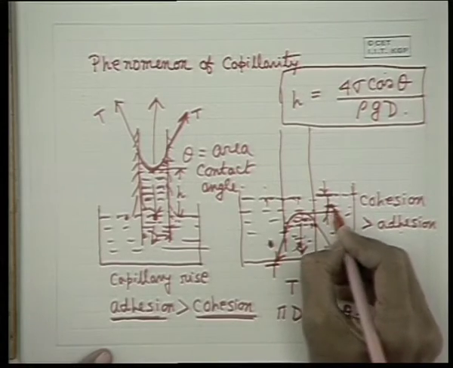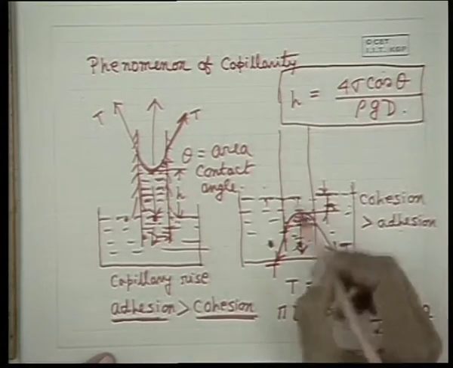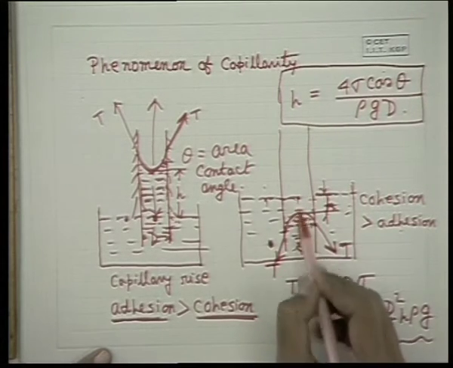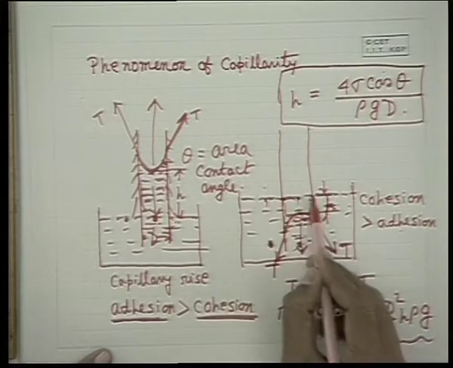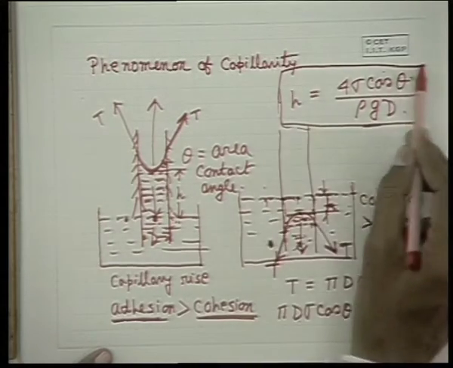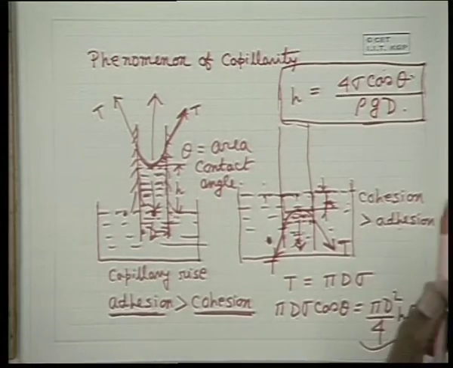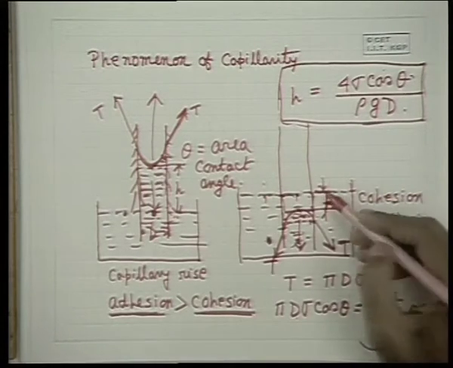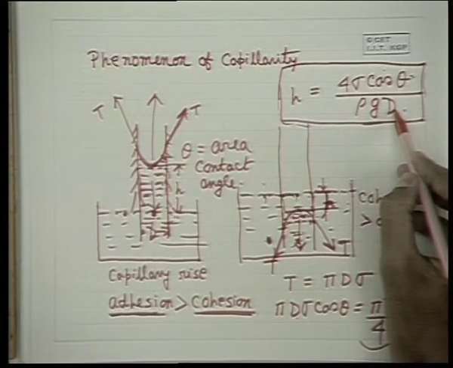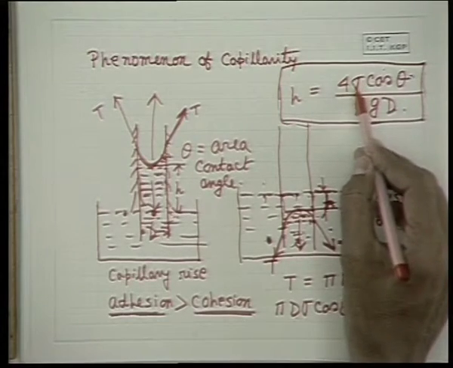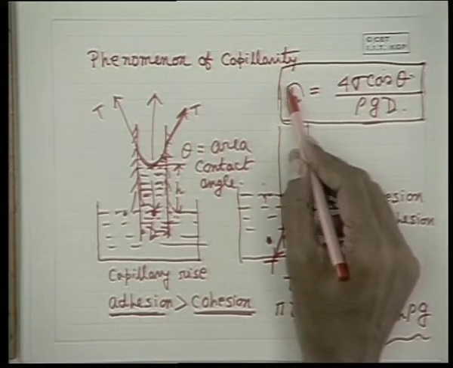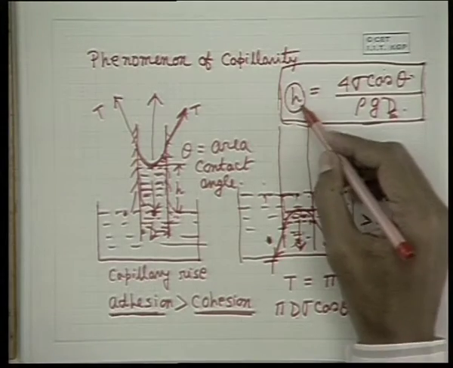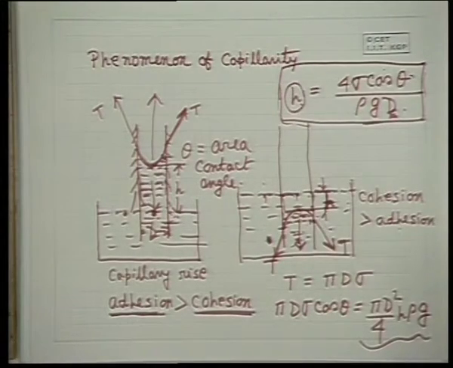And if this be the H, the difference you can find out is the weight of this column of liquid, which is imaginary, it was not there. If this liquid could have come up to this column, this weight could have balanced. So from that balance you get the same expression for H. So here one interesting phenomenon comes, that the capillary rise or the capillary depression H is inversely proportional to D for a liquid of a particular value of sigma. So therefore this is observed only in a small diameter tube. As the diameter of the tube becomes larger, the value of H becomes smaller, so that we do not observe it.